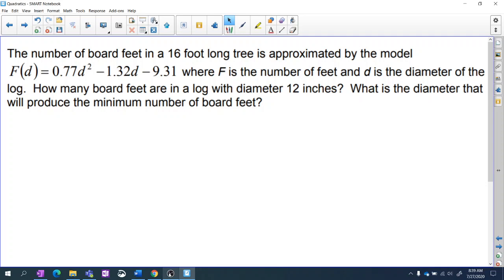Now we have to make sure we understand what the variables represent in the function. So it says where capital F is the number of feet and D is the diameter of the log. How many board feet are in a log with diameter 12 inches? What is the diameter that will produce the minimum number of board feet? So I want the minimum number of board feet using this quadratic function. So again, keyword,